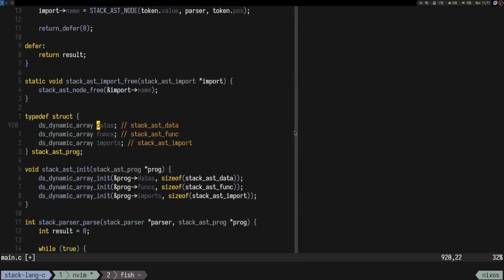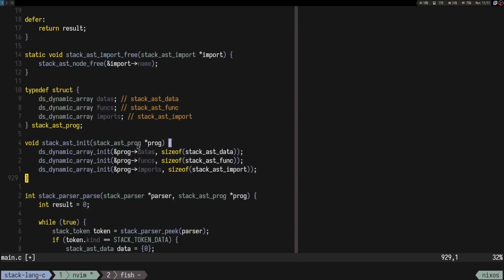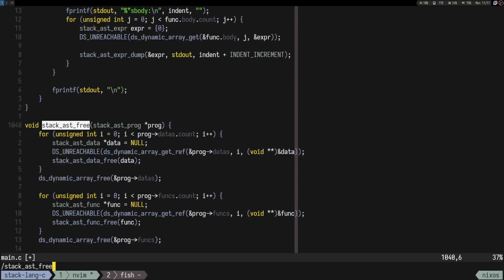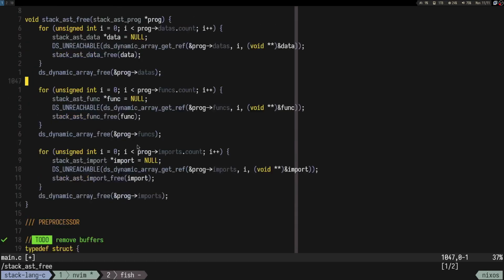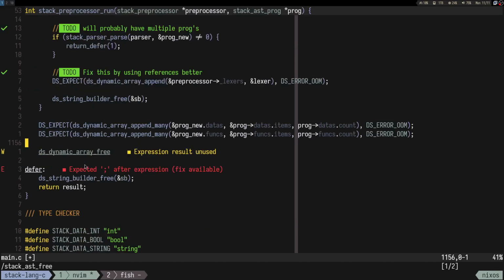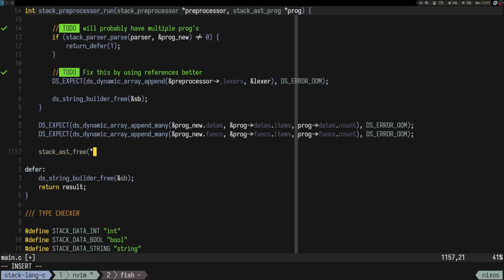But see, stack st free runs a free over these guys. So I could stack st free it. Stack st free the program,